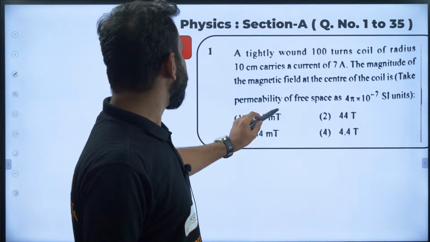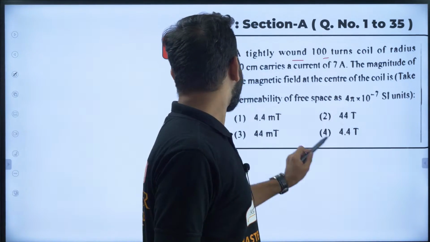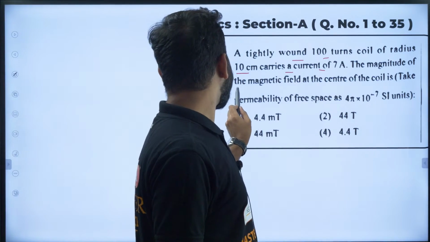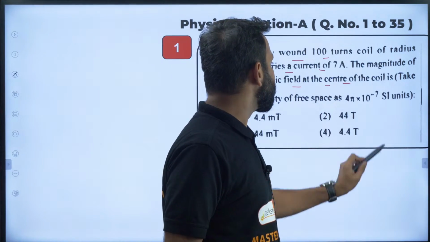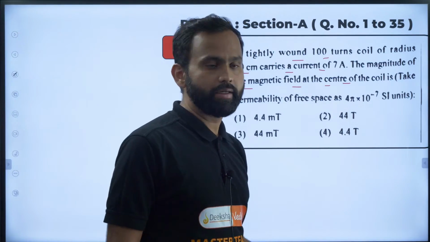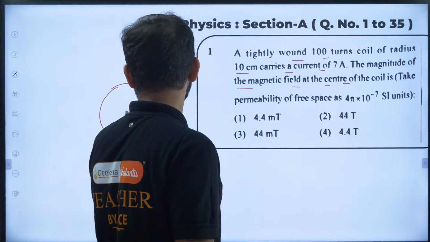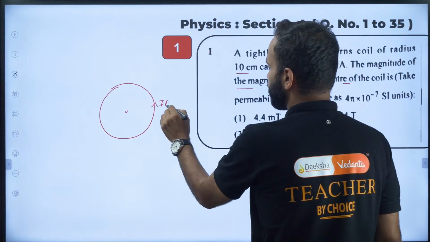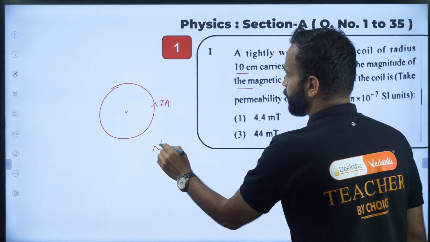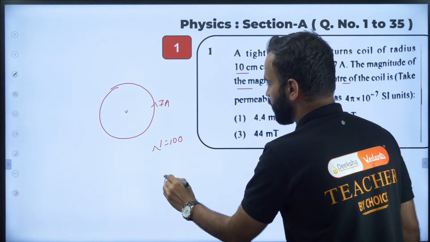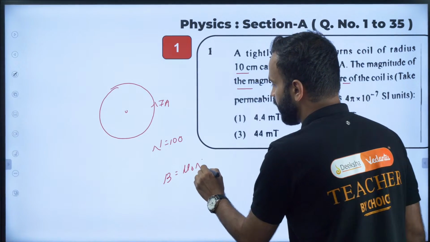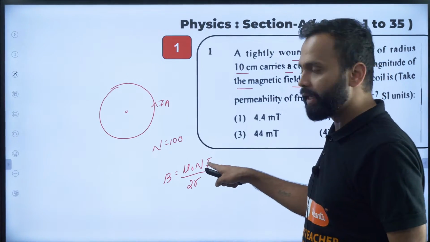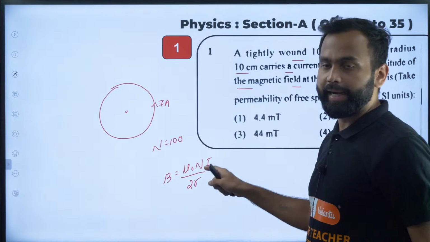Question number 1: a tightly wound 100 turn coil of radius 10 centimeter carries a current of 7 ampere. The magnitude of the magnetic field at the center of the coil is, they are asking. So current in the coil is 7 ampere, and number of turns is 100. So use this formula, B equal to mu naught Ni divided by 2R. Mu naught is 4 pi into 10 to the power minus 7, N is 100, I is 7 ampere, and R is